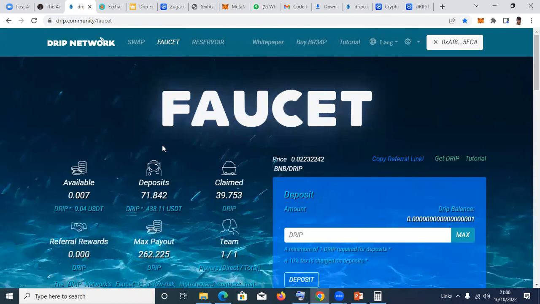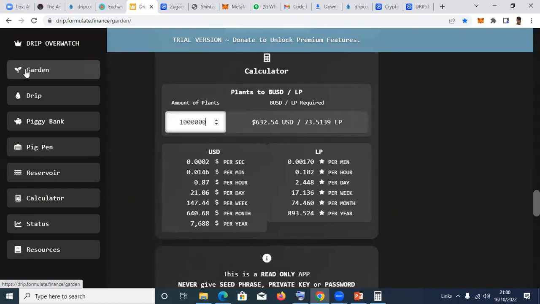Now this is just the drip faucet. By next week, I'm also going to be taking you guys on the animal on these other parts. The ecosystem is so big that only within this place we can be making close to $300 per day just on this ecosystem. Now you have the piggy bank, you have the pig pen, you have the